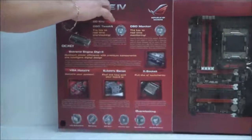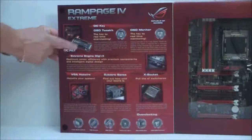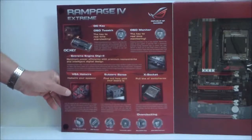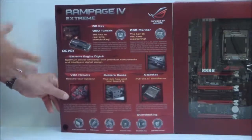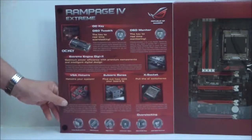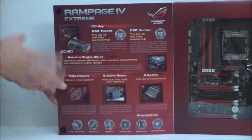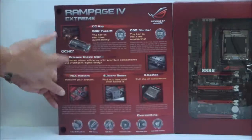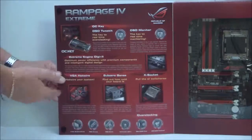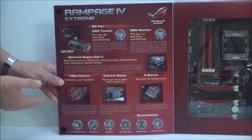When we go over to the flap, a couple things that we could look at are the OC key, which I'll be showing you later on. We have a VGA hotwire, which you could actually connect your video card to if you have an ASUS video card or even another video card. Of course, you would have to solder. You would actually have to use solder points to do this with another video card if it wasn't an ASUS upper end video card. You could actually connect it to the motherboard and overclock it and performance tune your VGA